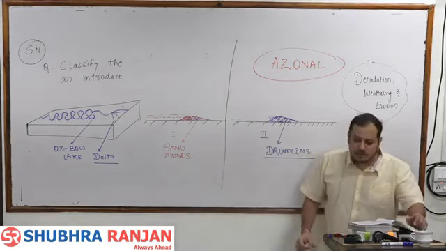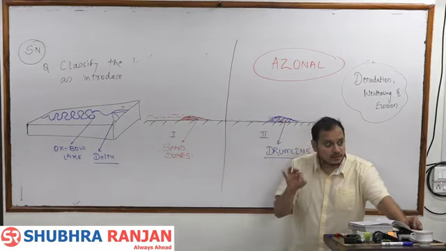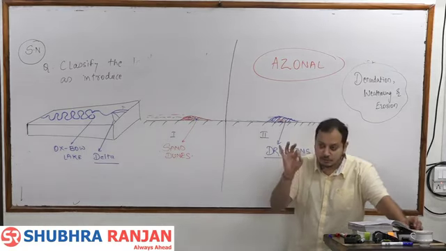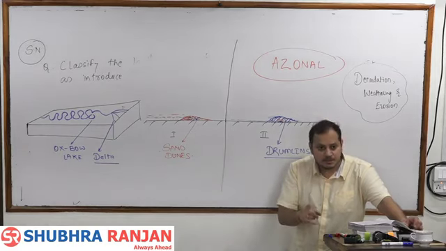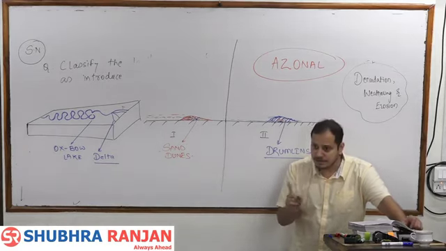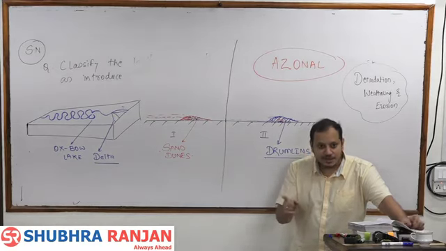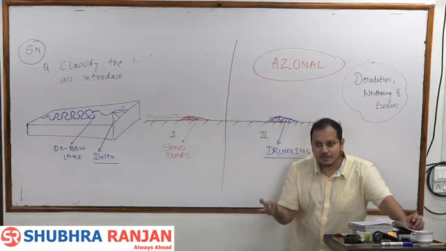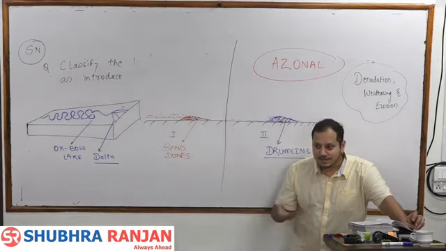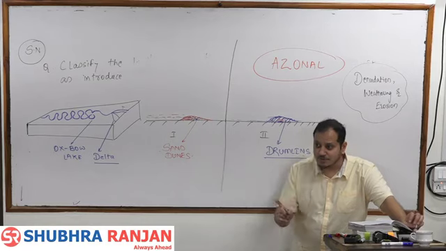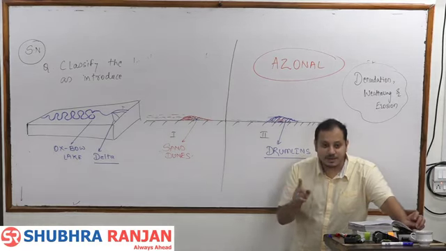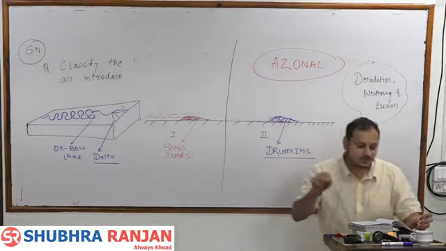Getting it? So for the third order relief features, you will be writing two keywords here. They are destructive and depositional landform. Depositional landform is always a destructive landform. Getting it? Remember, again I am saying, you will ask how the Great Plains of India are destructive landforms, there is so much population here. Again, not for humans. Whose destruction is happening? Himalayas'. Fine?